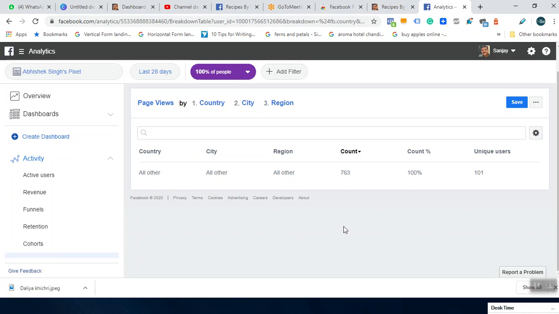So I hope this video has helped you in installing the Facebook Pixel Helper, and you have come to know about this tool. Many people don't know about this Facebook Pixel Helper, and it will make your life easy, and it will resolve your issues if there are some errors or you have not installed the Facebook Pixel correctly. So this Facebook Pixel Helper Chrome extension will give you all those indications so that you can work on that accordingly.